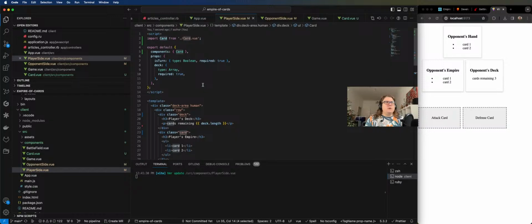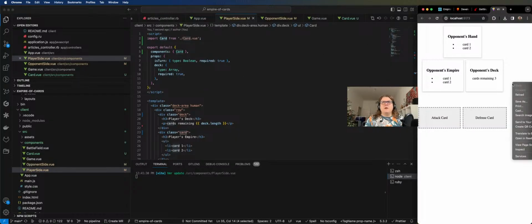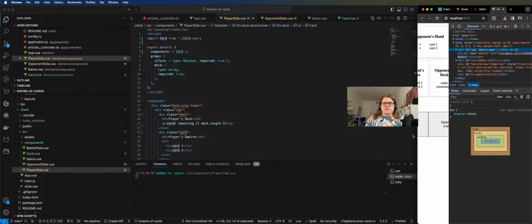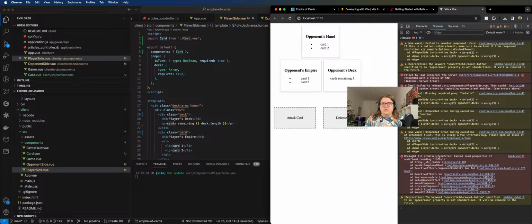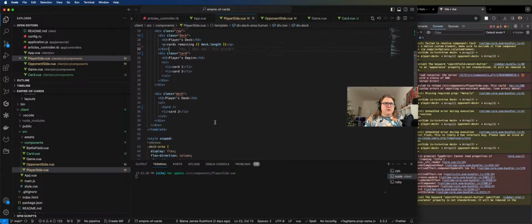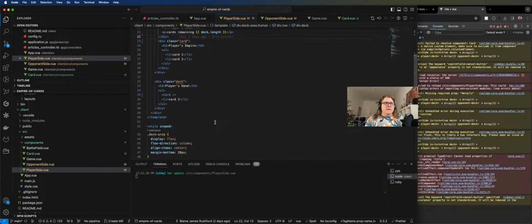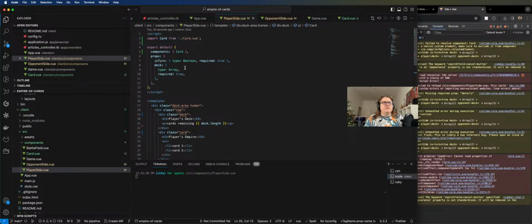There seems to be a problem, but I don't know what it is. We can inspect and look for the console error. Oh great, it can't find title. Yeah, that's fair enough because it doesn't have one. So for card, we're going to pass the details of the card, which